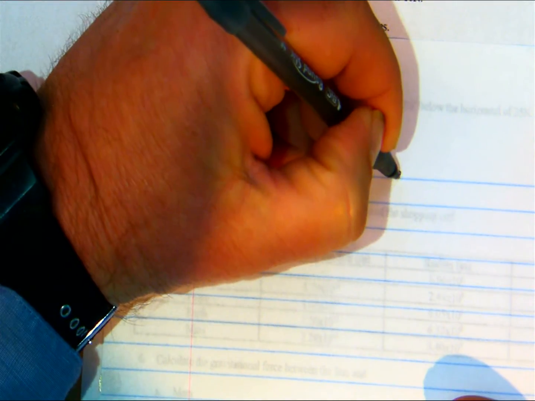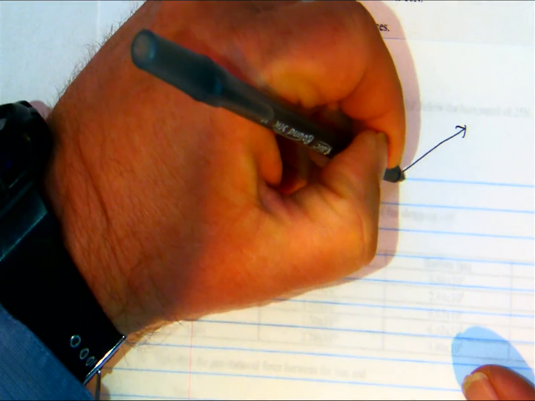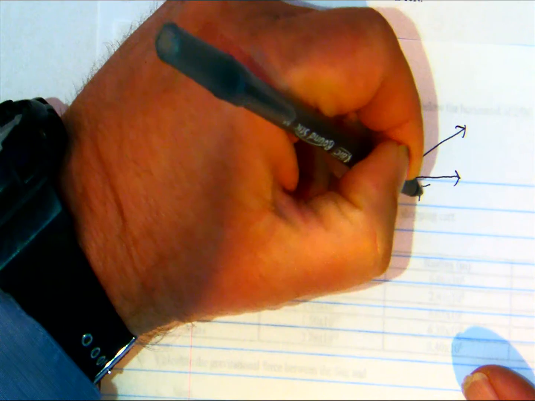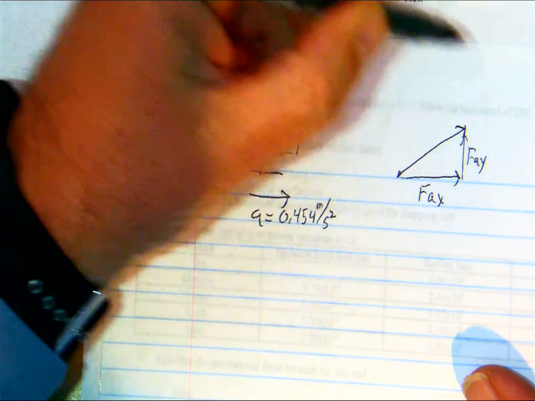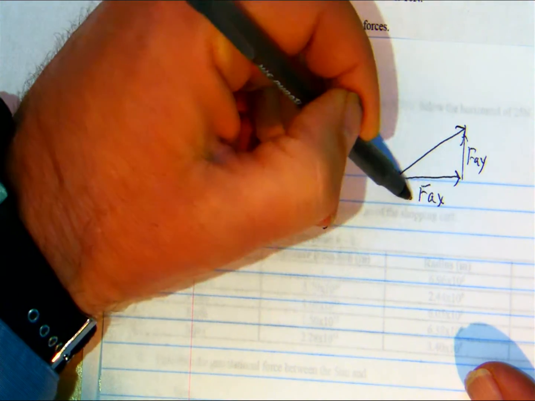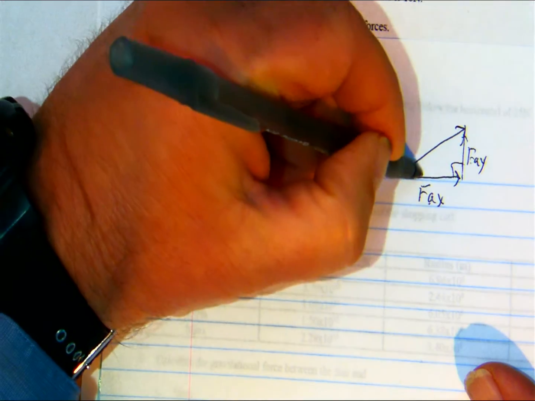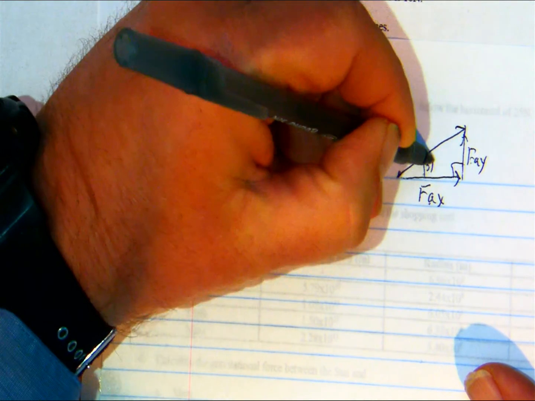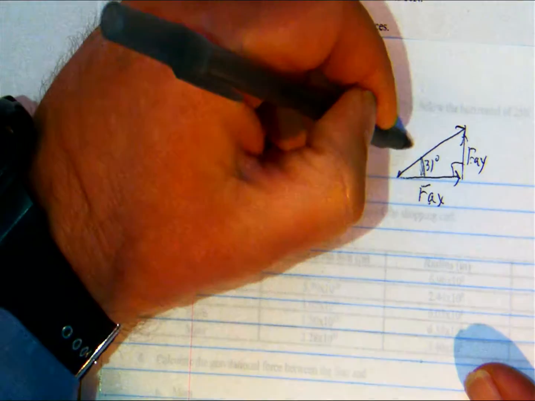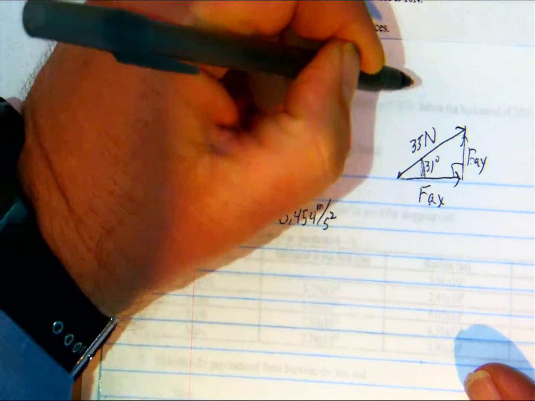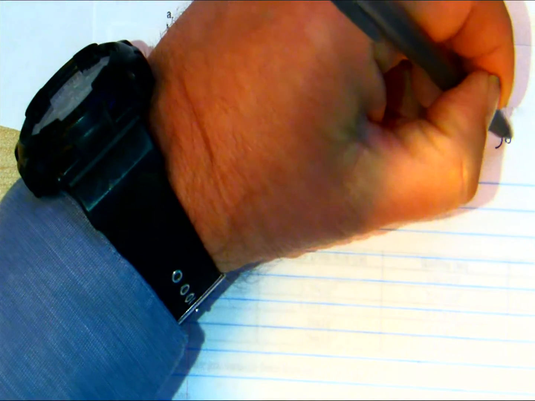Okay, so for that one, here's a sketch of just the applied force. It has a horizontal component, the Fax, and a vertical component, the Fay, where Fax means the x component of the applied force and Fay means the y component of the applied force. They're perpendicular to each other. This forms a right triangle. The angle theta here is 31 degrees. The hypotenuse is listed as 35 newtons. That's 31 degrees, 35 newtons. And I use SOHCAHTOA